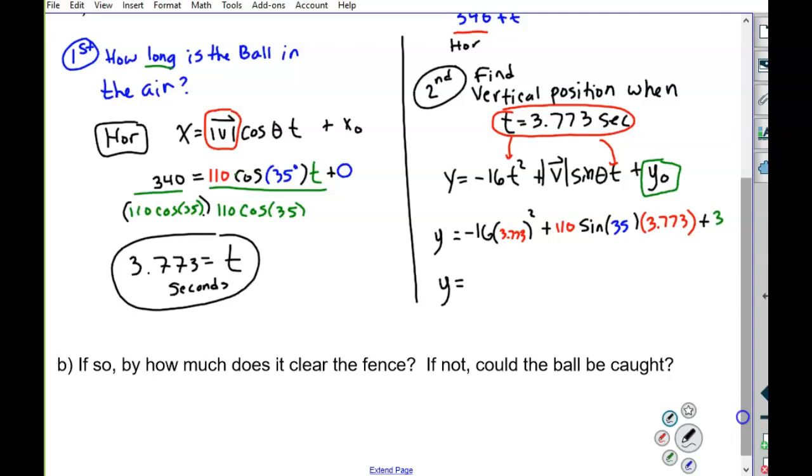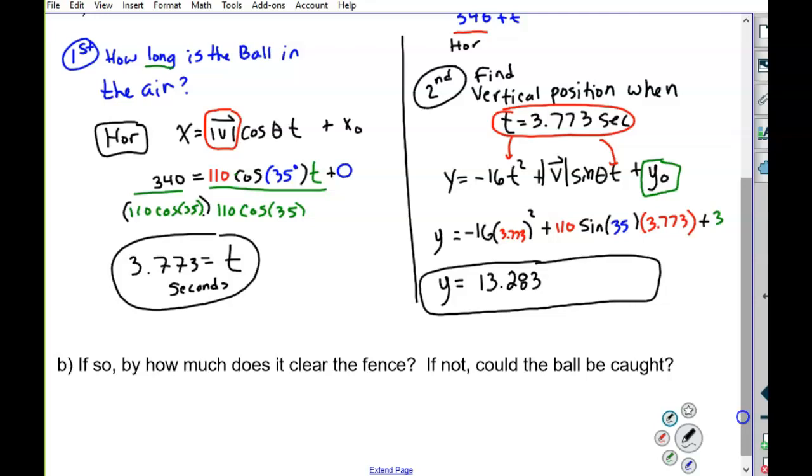You can type it in exactly how you see it, using parentheses. I got 13.283